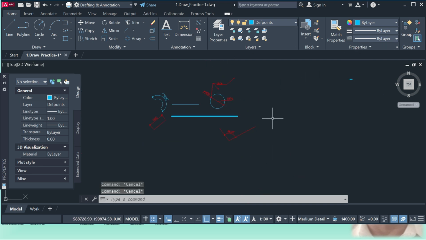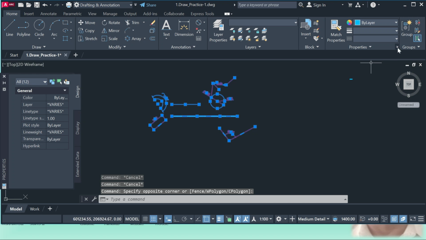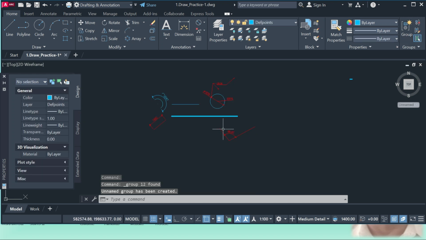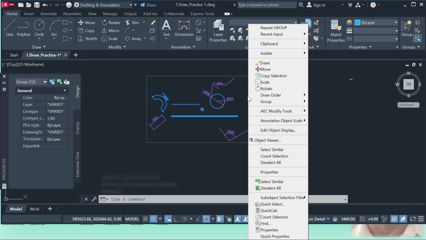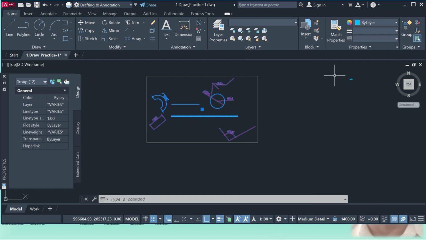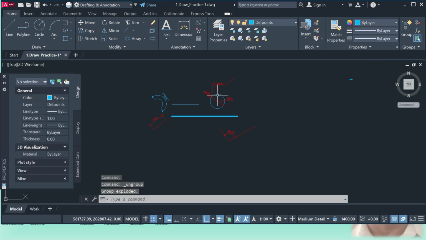Another panel, group. Like I select here, okay, and come to here, then make it group. Then if you select one, then all are selected because it's a group. If you right click like that, then you can make it ungroup, or you select here, then come to here, you check ungroup, select it here, now ungroup to here, okay, individually. So like that,